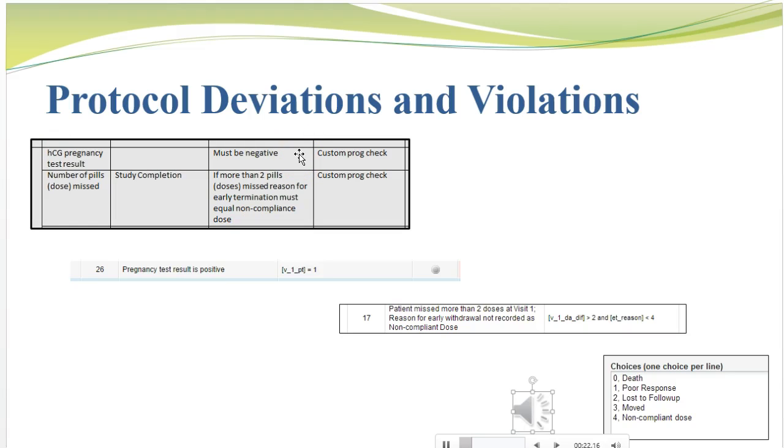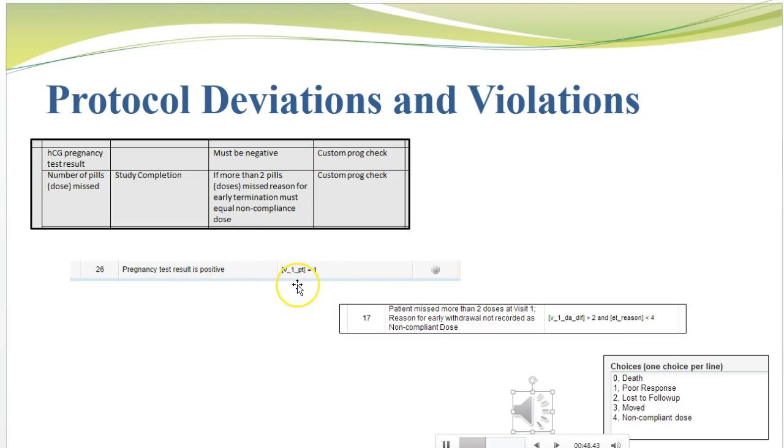We always worry that our investigational product will cross the placental barrier, causing problems with the fetal development, or that it can cause the woman to miscarry or abort or develop congenital defects. Allowing a pregnant woman to participate in this trial would be a protocol violation. In the second image, we see that the edit check algorithm number 26 looks for pregnancy equal to 1 or